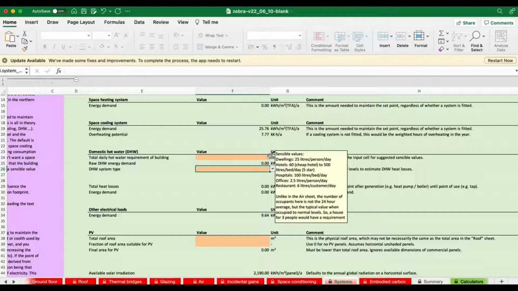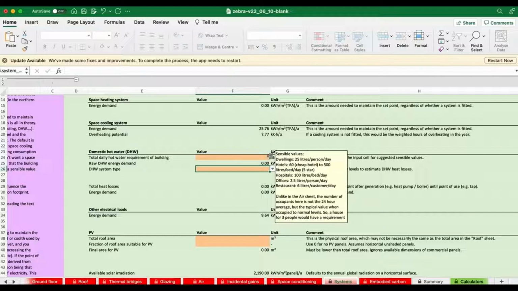It's not the mean occupancy level over a year on a 24-hour, 7 days a week, 365 days a year basis, but the typical number of people who are going to visit the building in a day. So it's not maybe its max value, but it's something close to that.